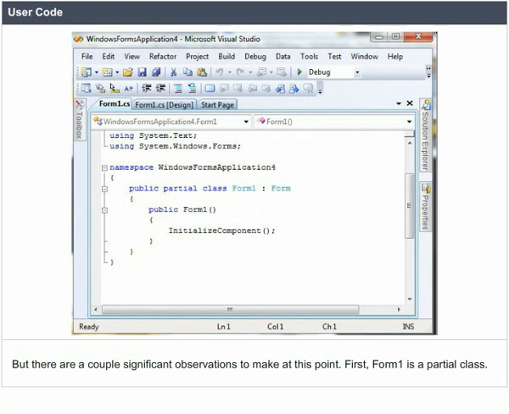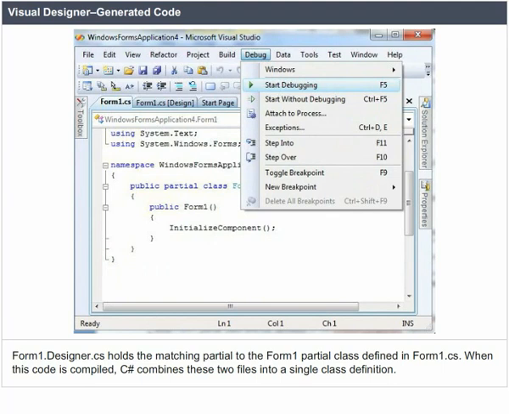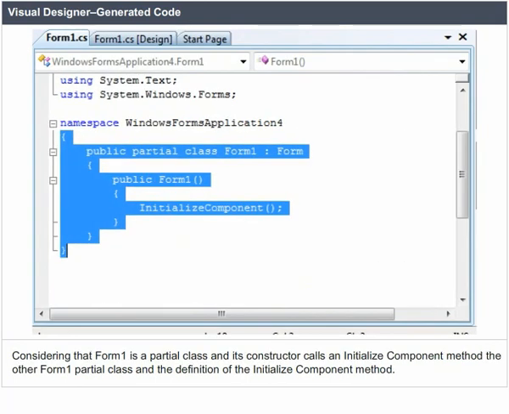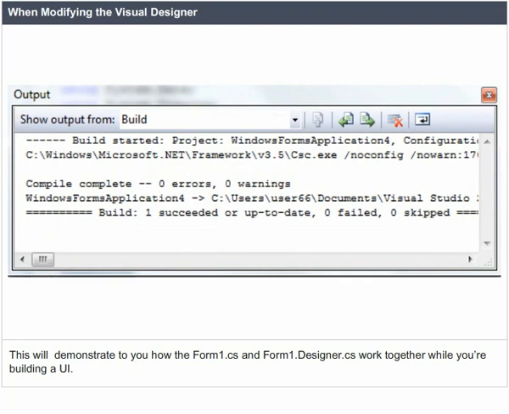Visual Designer generated code. Form1.Designer.cs holds a matching partial to the Form1 partial class defined in Form1.cs. When this code is compiled, C# combines these two files into a single class definition. Considering that Form1 is a partial class and its constructor calls an InitializeComponent method, the other Form1 partial class explains the definition of the InitializeComponent method. When modifying the Visual Designer, this example will demonstrate how Form1.cs and Form1.Designer.cs work together while